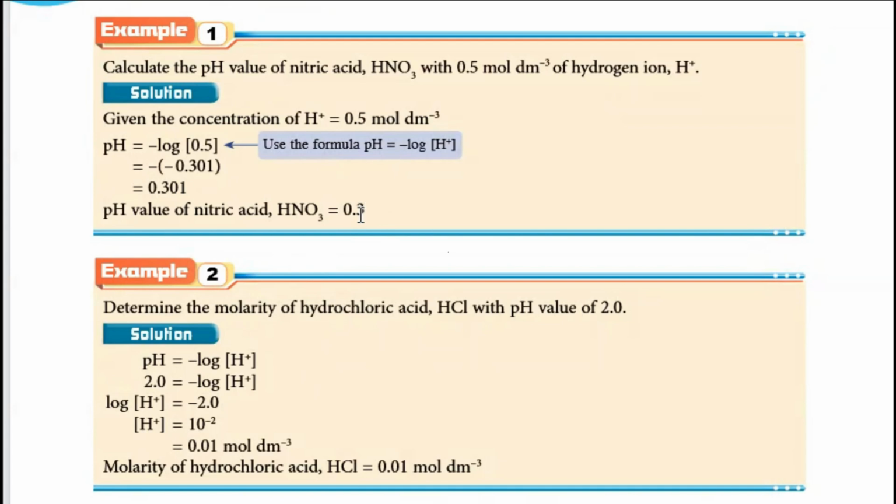So hence your pH value will be 0.3. Now let's look at example 2. Determine the molarity of hydrochloric acid with the pH value is 2. So now the pH value is given. You are required to calculate the